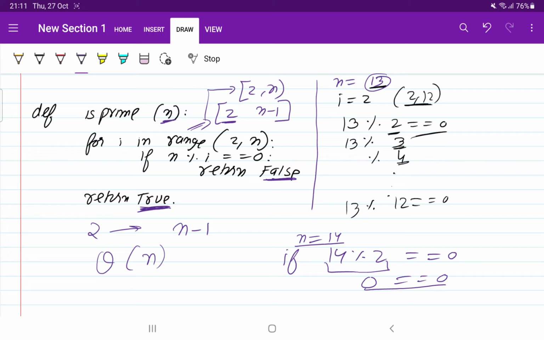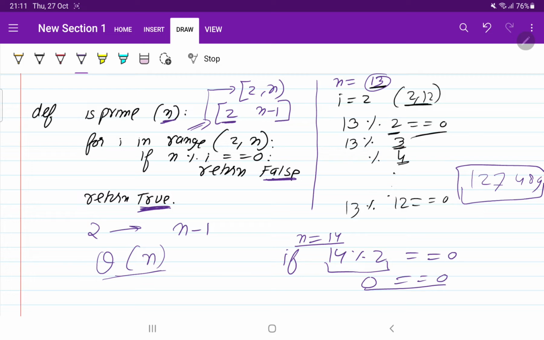Plus minus 1, plus minus 2 doesn't affect, the range will be theta of n. Okay, so now if I say try to optimize this solution, how are you going to optimize this solution? It means that if I give you a very big number, 1, 2, 4, 7, 8, 9, suppose this much big number I give you,